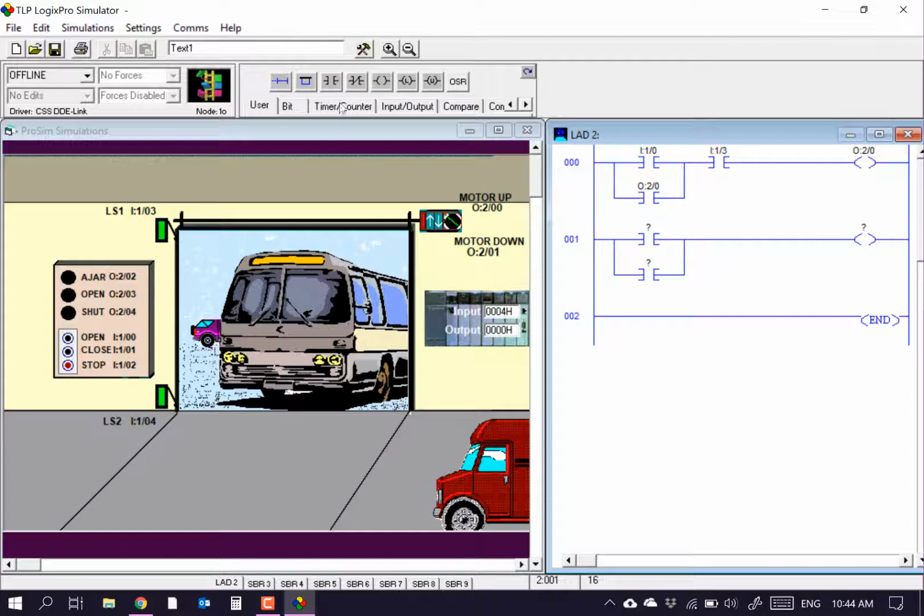And now it looks like this bottom one is a normally open one. So we probably need to, yeah, that's the same up there. So we need to put in a